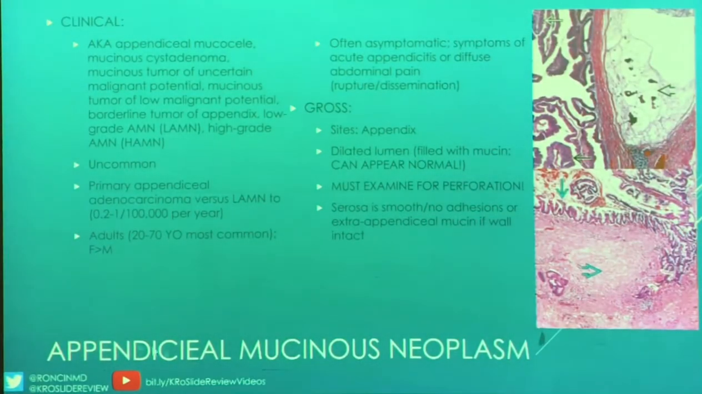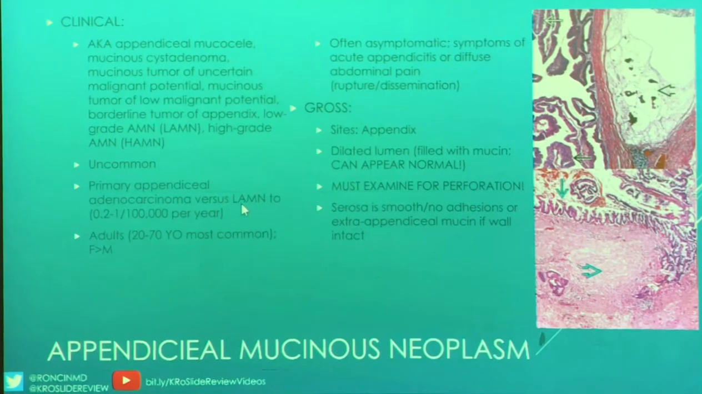So all within this family, and I can't spell, so I'm going to have to fix that. But we can see how there's all these different names for an AMN, or appendiceal mucinous neoplasm, since this one doesn't really have dysplasia. These are uncommon, and LAMNs, or low grade, tends to occur in 1 in 100,000, whereas appendiceal adenocarcinoma is 0.2 per 100,000 per